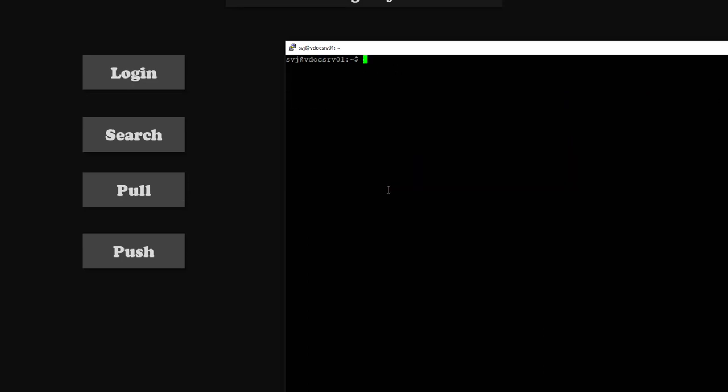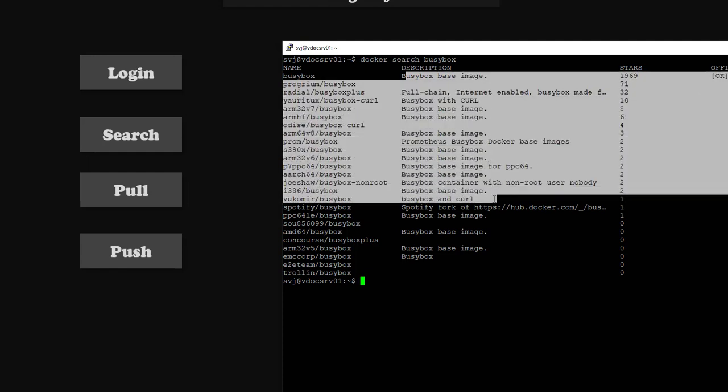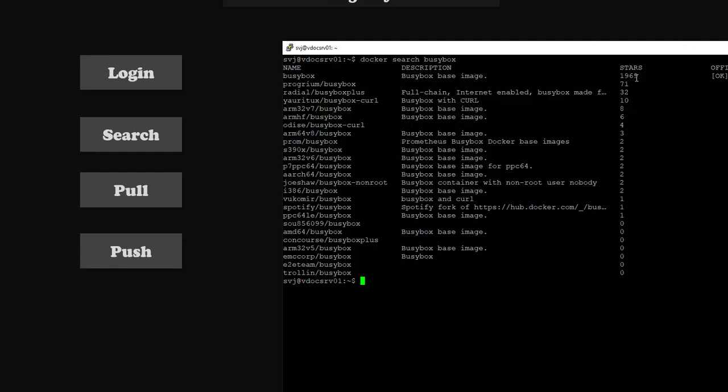So let me search a few images. These are the basic operations we perform on the registry. Docker search BusyBox. I'm searching the BusyBox repository and I'm getting the images with BusyBox.